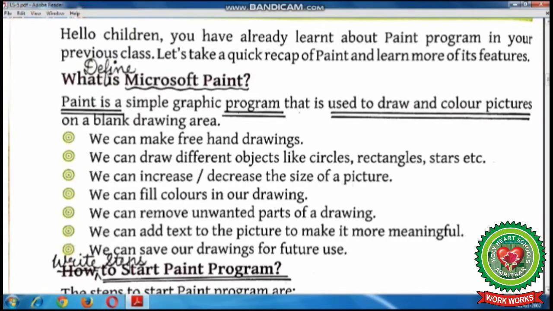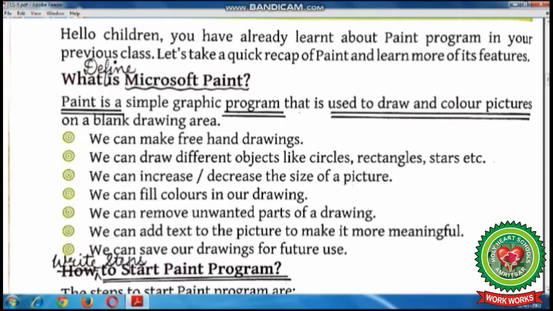The first one is we can make freehand drawings. Like children, you have drawn different pictures, images or shapes in the Paint program. Next is we can draw different objects like circles, rectangles, stars, etc. Using shapes group, you can draw any shape in your drawing.